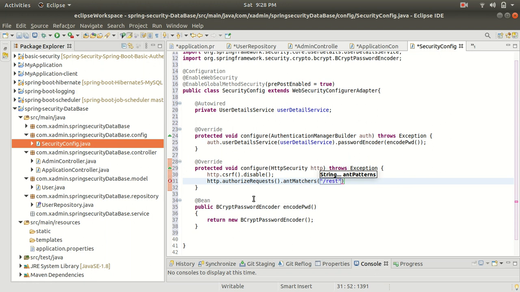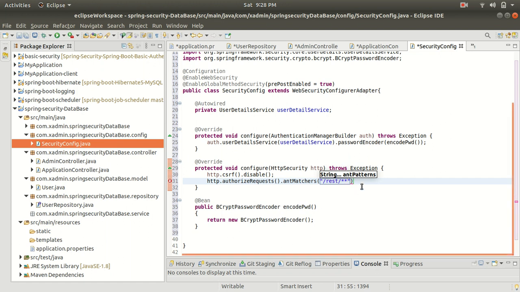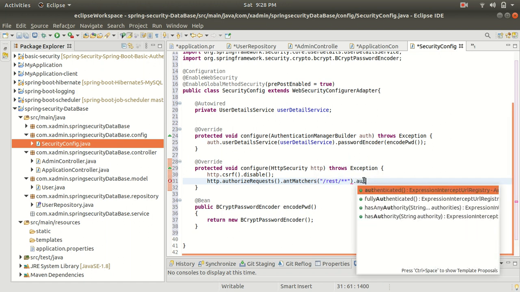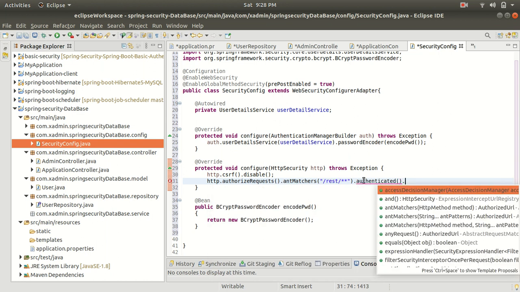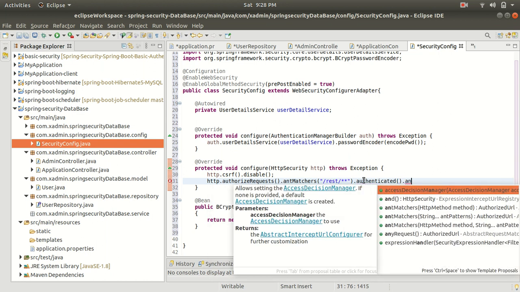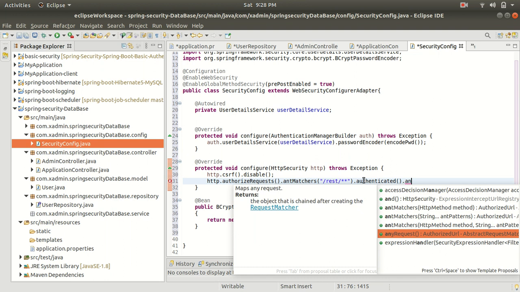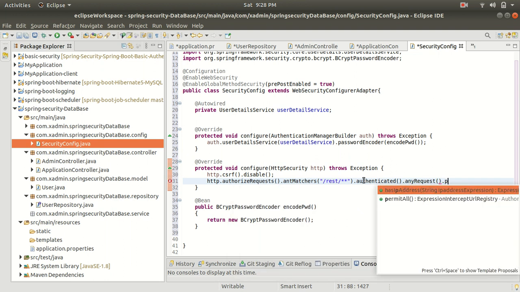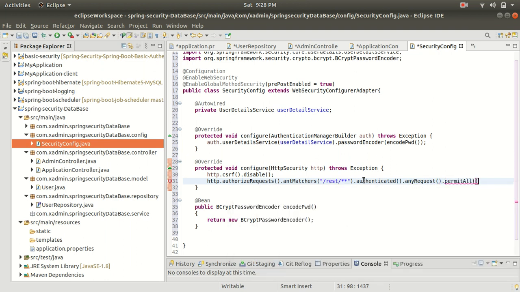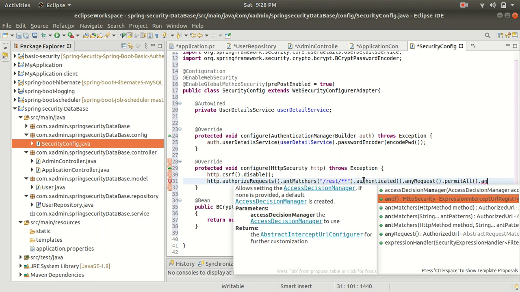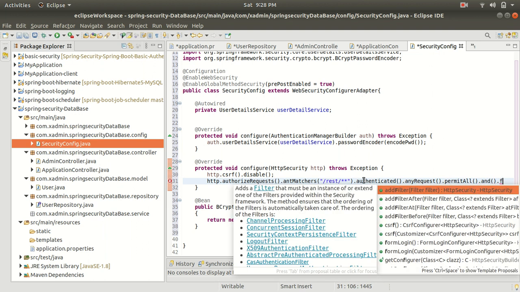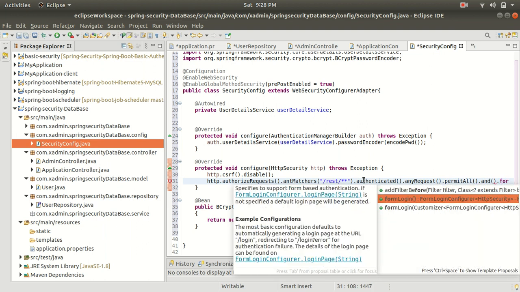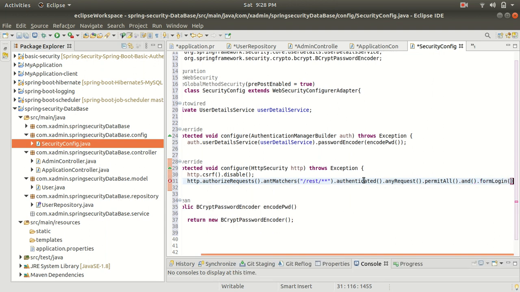I want to apply the Spring security to the URL starting with REST. Alright. So let's add authenticated, and I want any request, and then permitAll, and dot formLogin. Alright. Form login to display our Spring Boot login page.